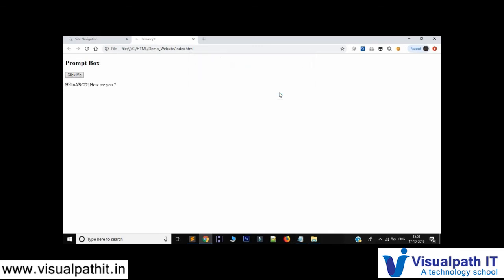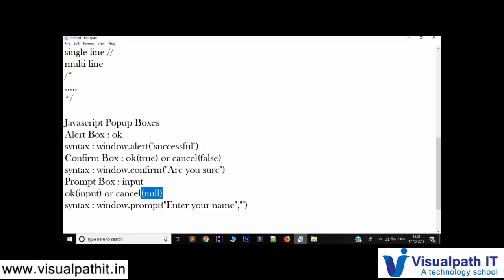So please see here. This is the difference between confirm and prompt. In confirm, it will just see whether you are clicking on OK or cancel, and it will just display that. But here it is seeing whether you are writing anything in the input value. If you are giving an input and you are clicking on OK, it will display the name. If you are clicking on cancel, it will say user didn't enter any input. So these are the three different pop-up boxes which are available in JavaScript.